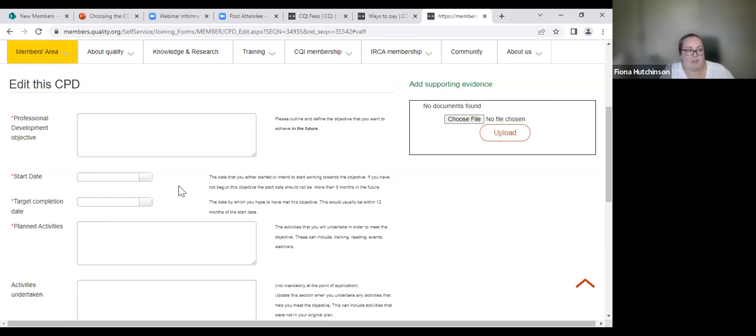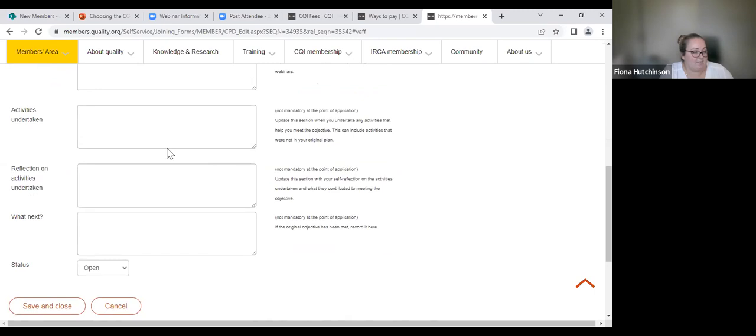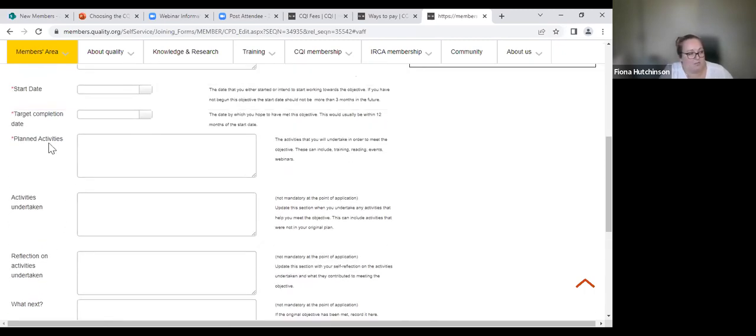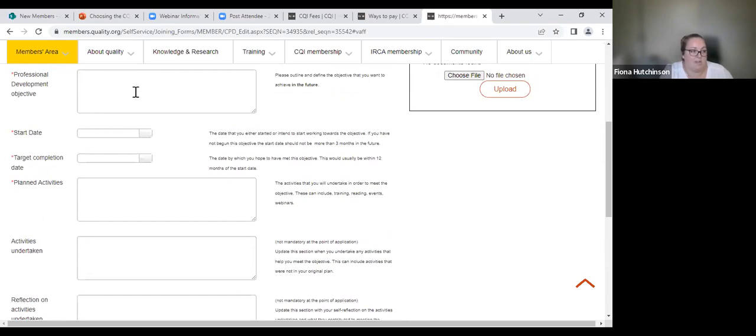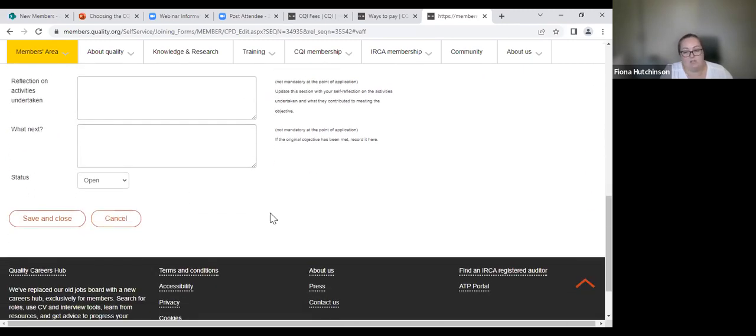But for the chartered member application, you will need 3 future CPD objectives. You can see beneath we have the other boxes that you'll be required to fill out at the next stages of the cycle. But for now, if it doesn't have a red star, you don't need to fill it in. So we're just looking at these first 4, the actual objective, the start date, the target completion date, and the planned activities. And we don't require you to upload any documents or anything like that at this moment. Our CPD is not points based or hours based, so we're literally looking at the quality of the objective itself. We're not looking for it to be a set number of hours or gaining a set number of CPD points at this stage.